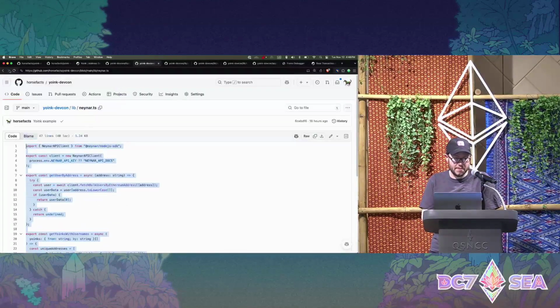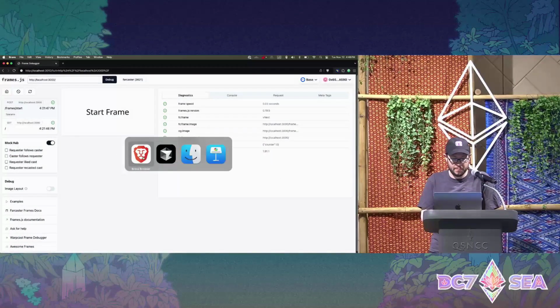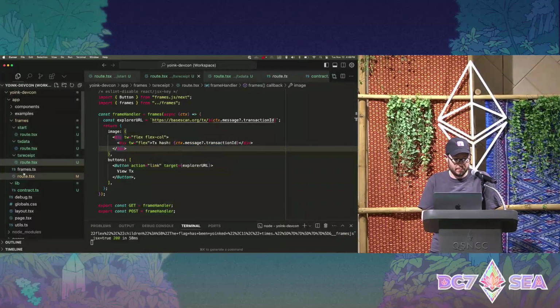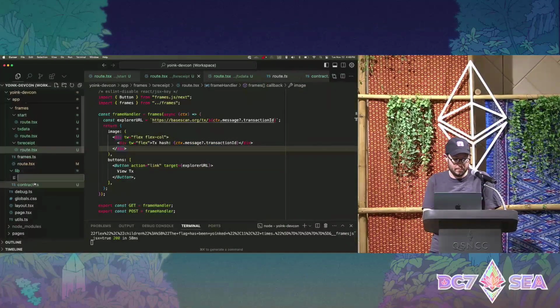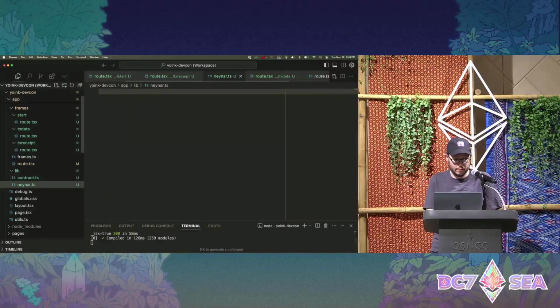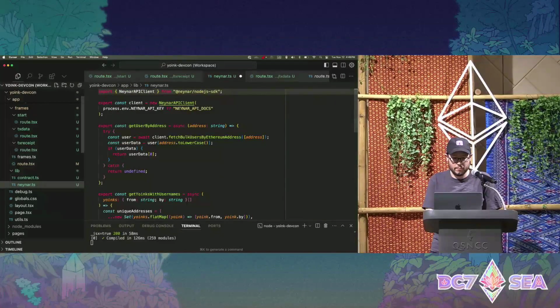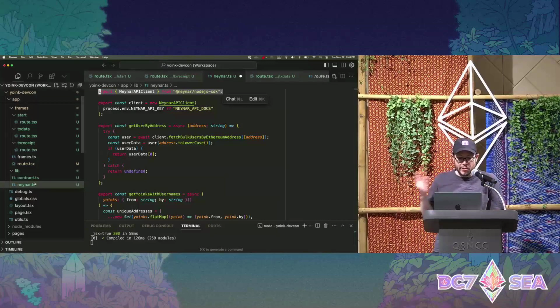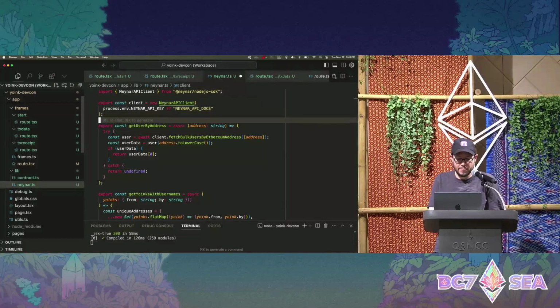Let's just copy paste this. All right, we're pulling in the Neynar API client. This is going to give us access to this SDK that can give us information about Farcaster identity and interactions with a bunch of different Farcaster-related APIs. We'll set up a client